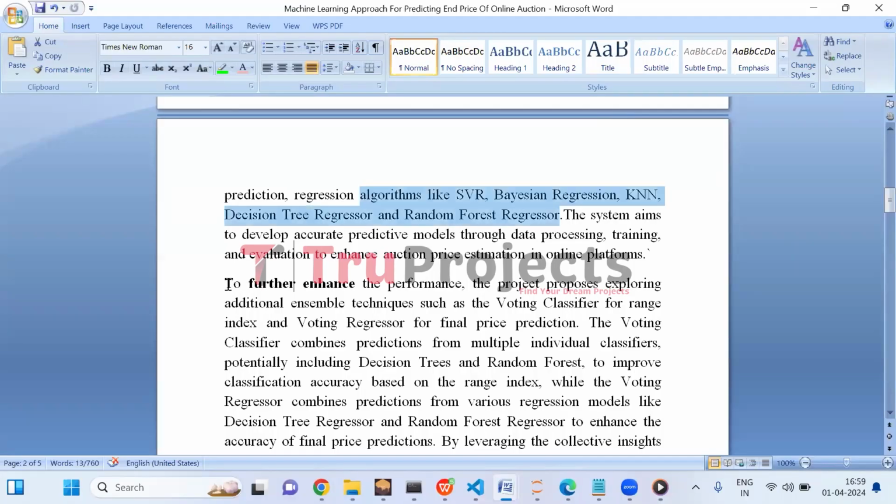To further enhance the performance for predicting end price in online auction, we have proposed a voting classifier for range index and a voting regressor for end price prediction. These ensemble techniques aim to produce more robust and accurate predictions within the online auction context.